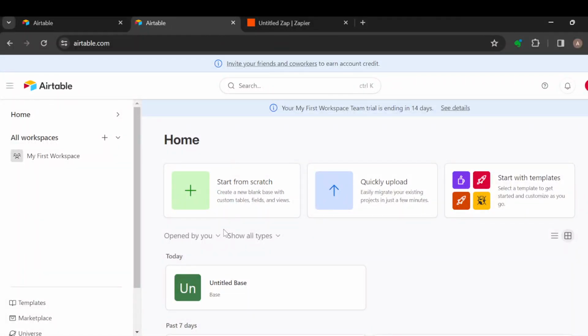How to integrate Airtable with Gmail. Hi everyone, in this video I will teach you how you can integrate Airtable with Gmail. Now one thing you must notice is that there are different methods of doing this, but the easiest and the quickest